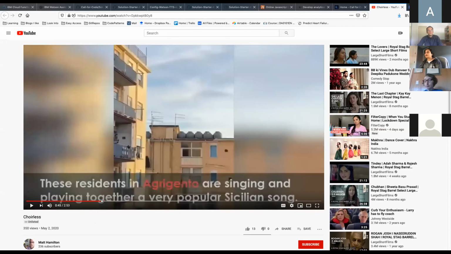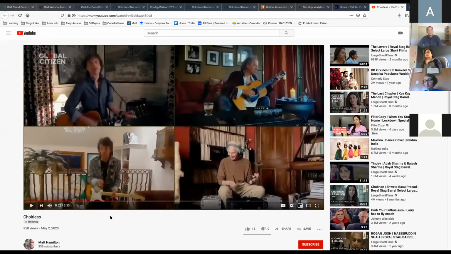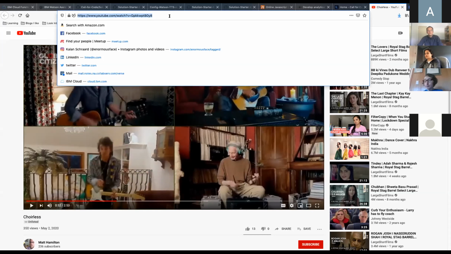It's called Choirless, and it allows people to sing together and play music together through technology. A lot of times when you're on a video chat, audio can kind of get jumbled up, but Choirless, which is an app that someone actually built for the Call for Code hackathon, allows you to play music together. So we just wanted to share some things that would inspire you all.